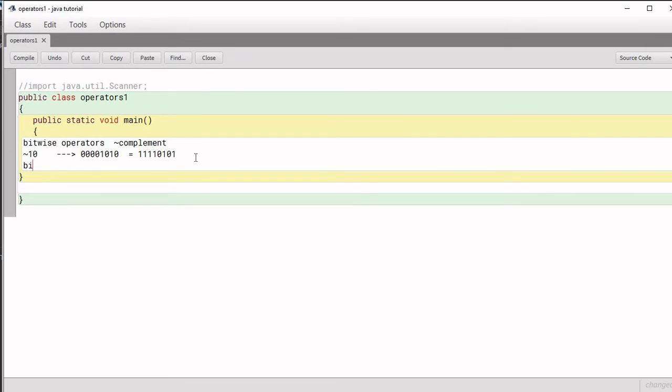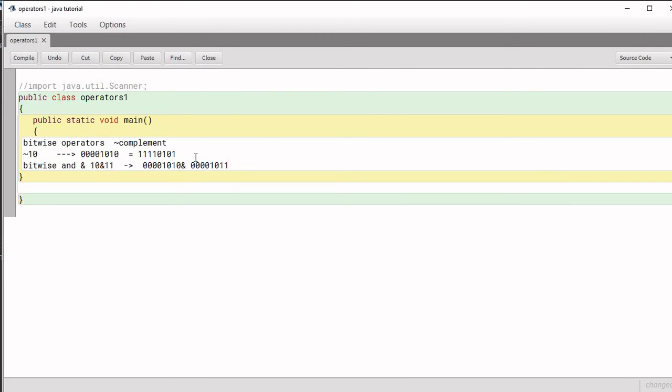Now the next one is bitwise AND. This is a binary operator, so it requires two values. Suppose I write 10 and 11. First of all, we convert them into binary, so 10 becomes 00001010 and 11 becomes 00001011.